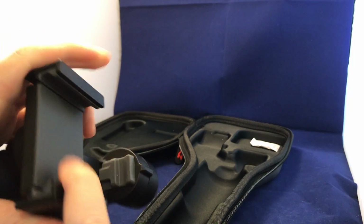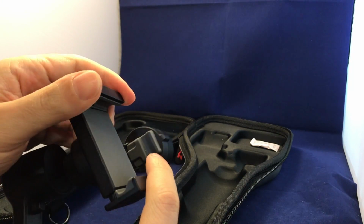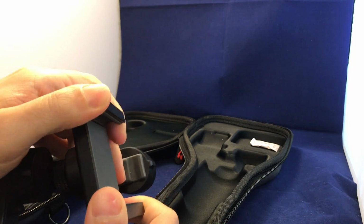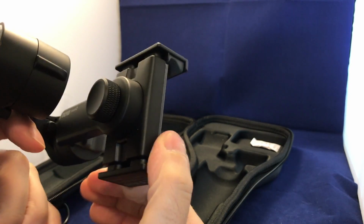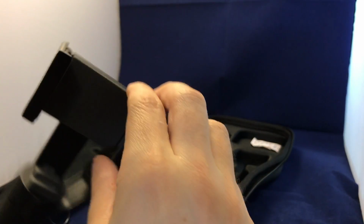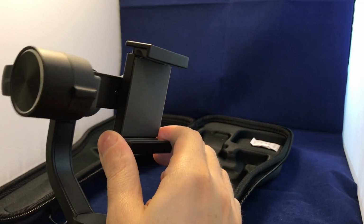And also hold it very firmly, because you definitely don't want your phone to fall out while you're walking around panning and zooming. So this is basically spring-loaded, and then on the back here there is this knob which is used actually for balancing. So once you put a phone in here, you want it to be balanced in a neutral position like this,